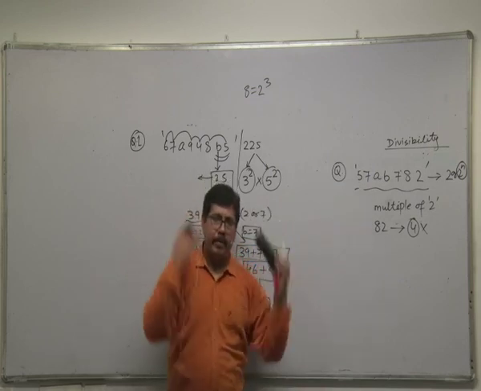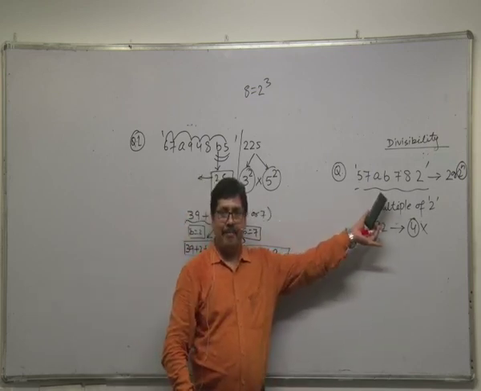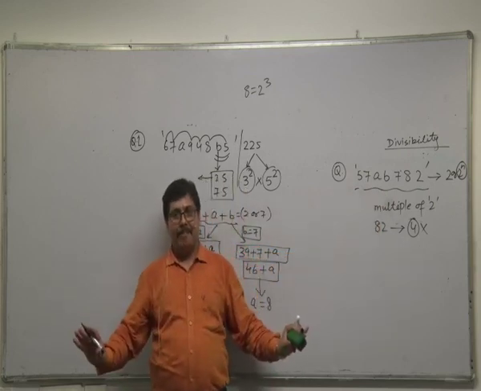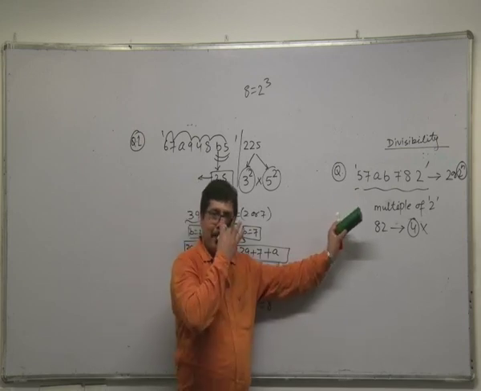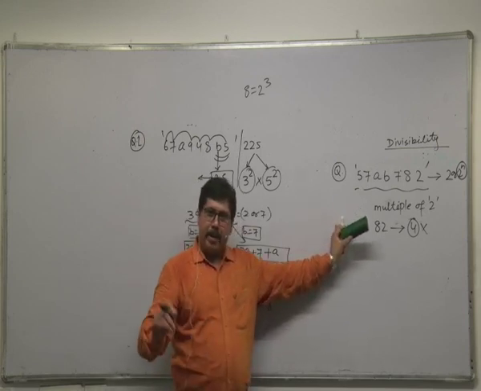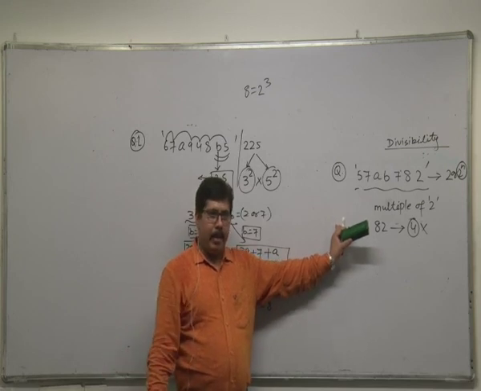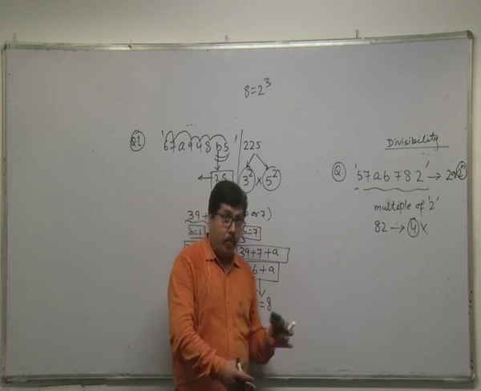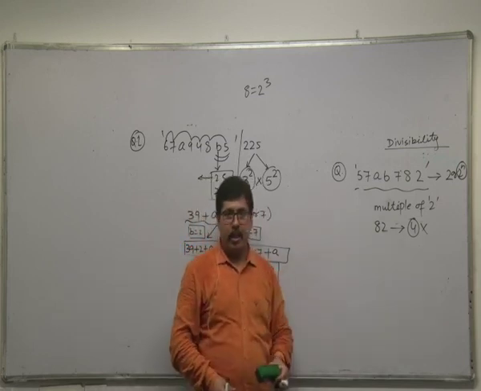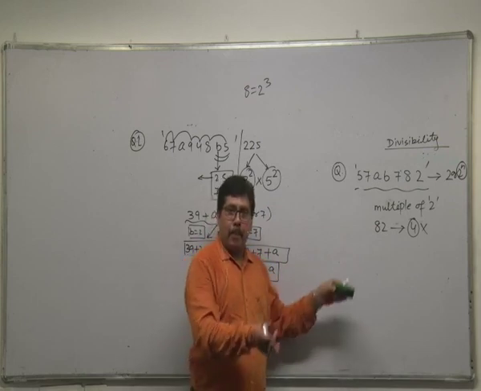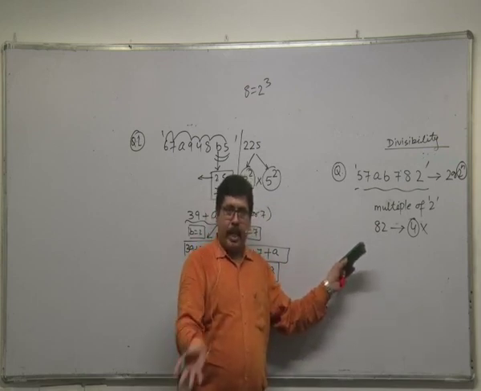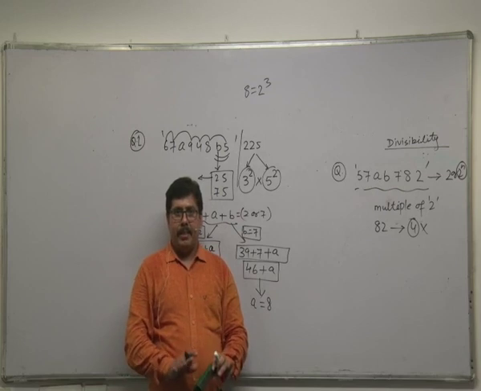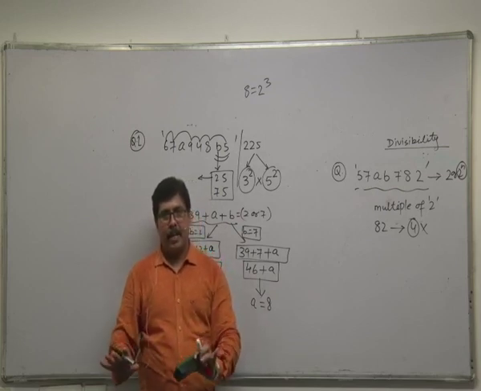Come what may, whatever the values of a and b, we are not going to get a perfect square number, for sure, isn't it? I hope this is fine. This number is not a perfect square, whatever the values of a and b. So no such pair of a and b exists. Actually, in this kind of question, we are trying to disprove rather than prove. We are disproving that, for whatever possibilities of a and b, this number is a perfect square.